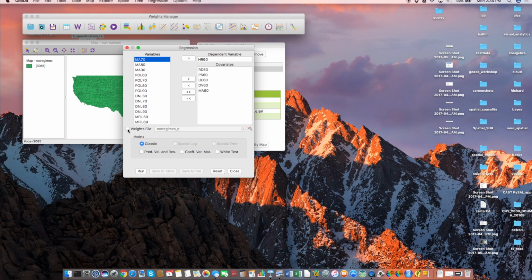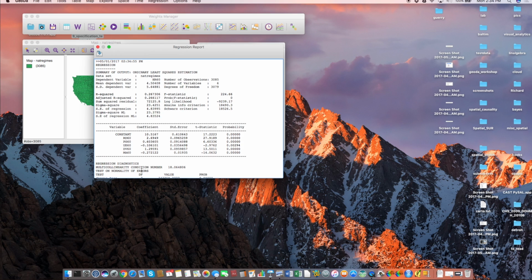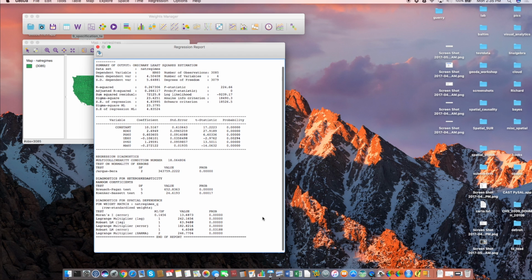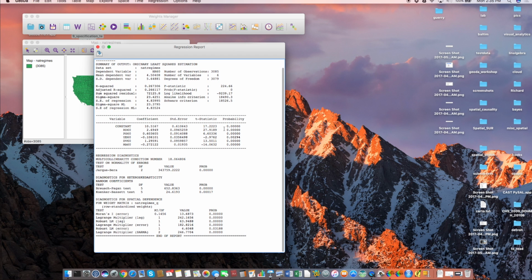You set up the weights file, very important. Now GeoDa always uses row standardized weights, so you don't have to think about it. It does it by default. So last week we saw the spatial lag and spatial error. Now we're just going to focus on the classic regression model, and particularly on what is down here. So this is the standard regression output that we've seen before. Then these are the classic diagnostics, the multicollinearity condition number, the